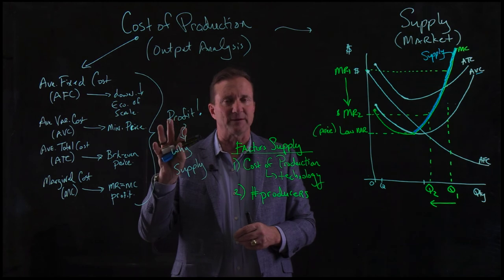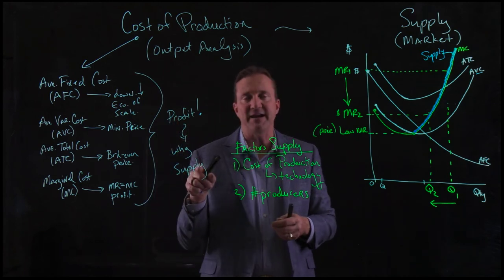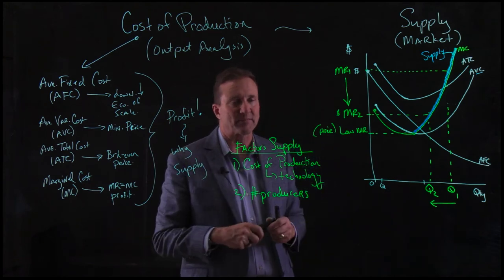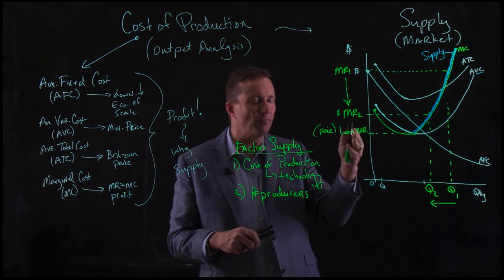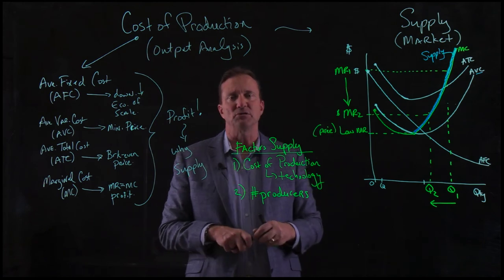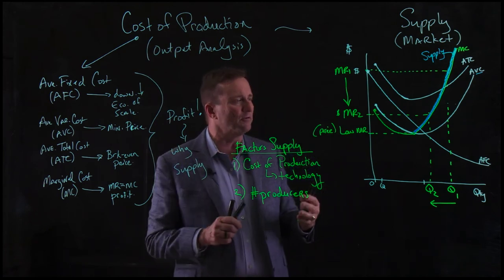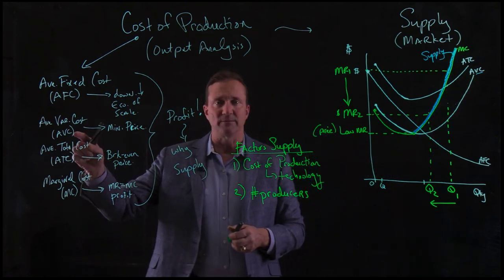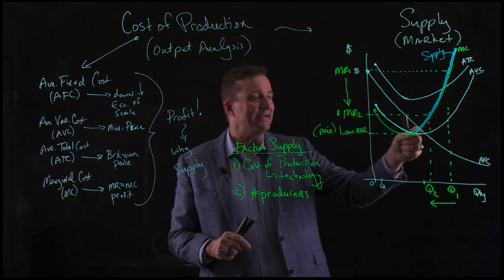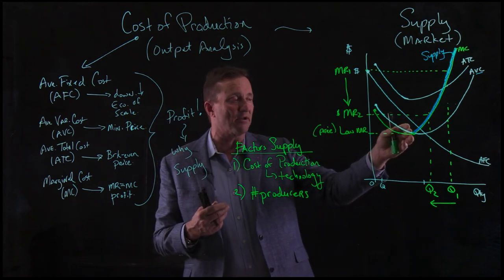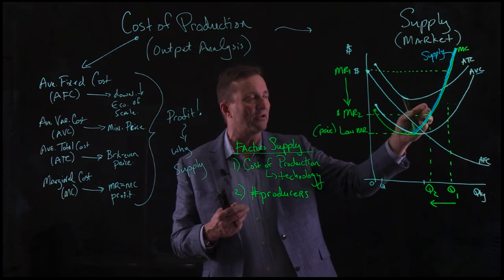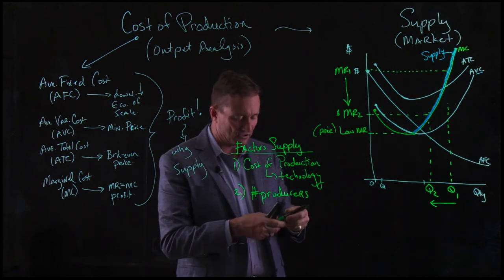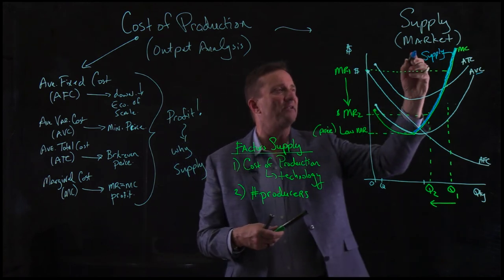If they have the ability to make a profit, then that's sustainable. Then they have the ability to supply, and the market's going to get the supply from it. But if market prices drop super low, that's when producers have to shut down, and they'll deal with that as long as they can cover, again, their what? Average variable cost. And it's right there in this graph. And that's why average variable cost is really the bottom. And so any marginal cost or price that goes up there will end up creating the concept that we had to focus on here,